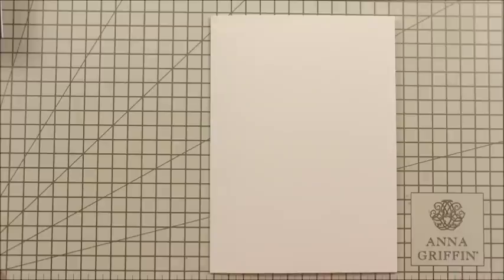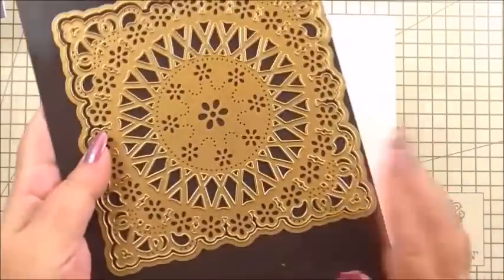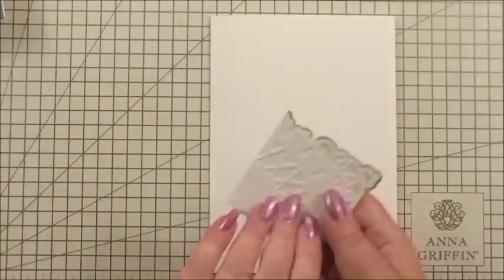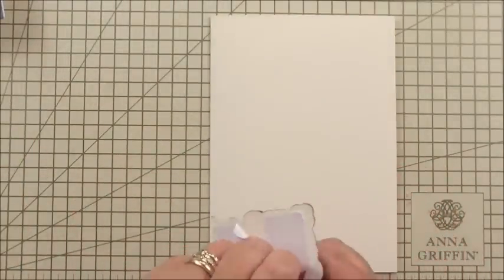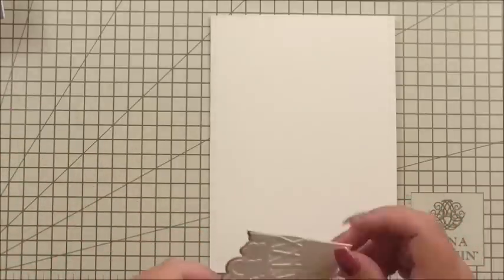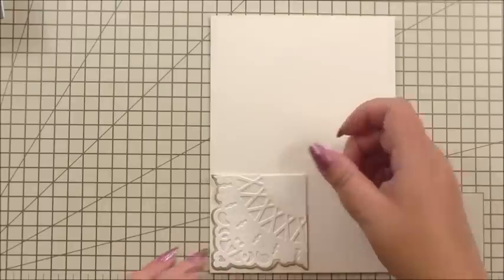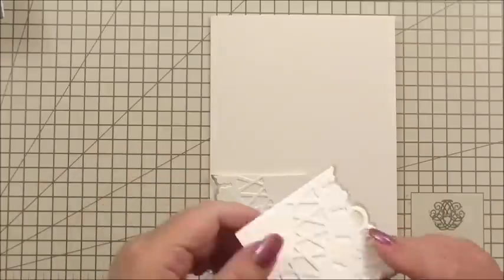So the first thing that I have here is I've die cut the square die and the shadow layer, and again I've cut it out in ivory, and I've inked the edge of the shadow layer, and then I've cut it into 4, just like I did for the circle. And I'm simply going to position each of my 4 into the 4 corners,